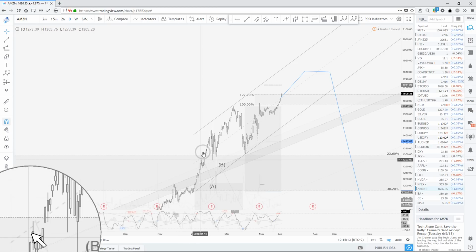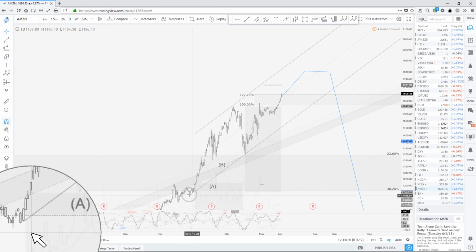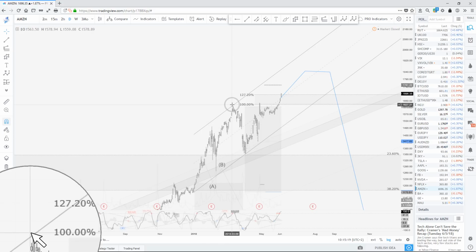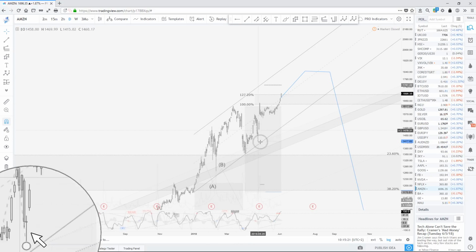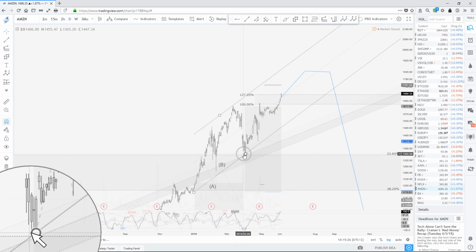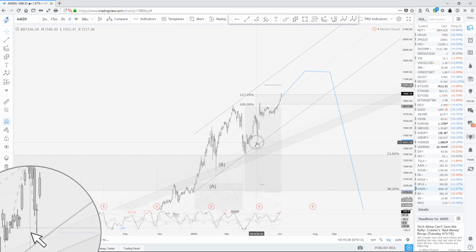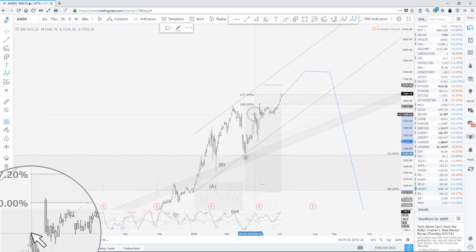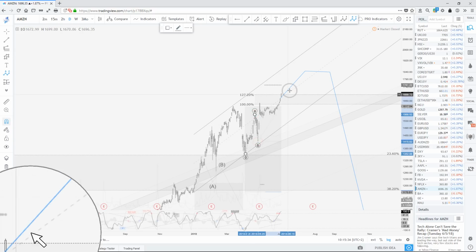If you have a look at the upward moves, we already do it in 2 waves. 2 waves to the downside, 2 waves to the upside, 2 waves to the downside, and potentially 2 waves to the upside. So this will be an ABC underlying structure. Let me highlight that for you. So this is what we'll have right now on Amazon.